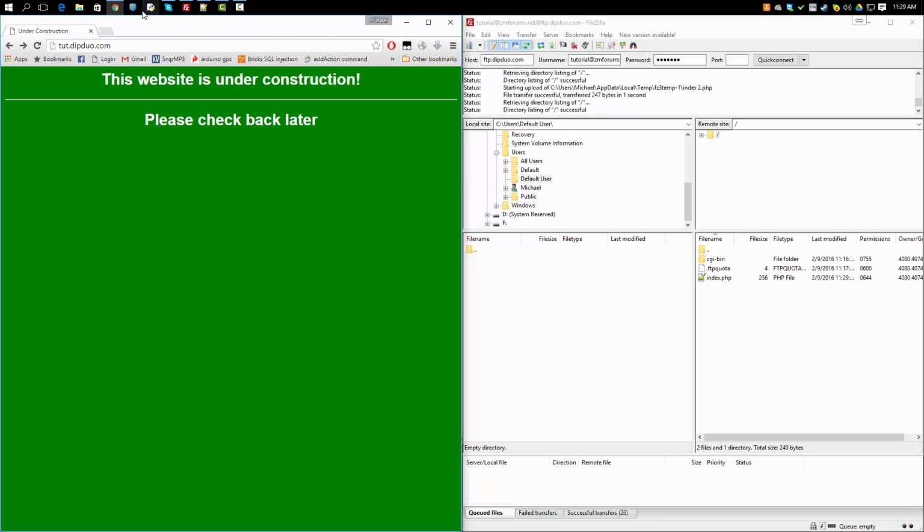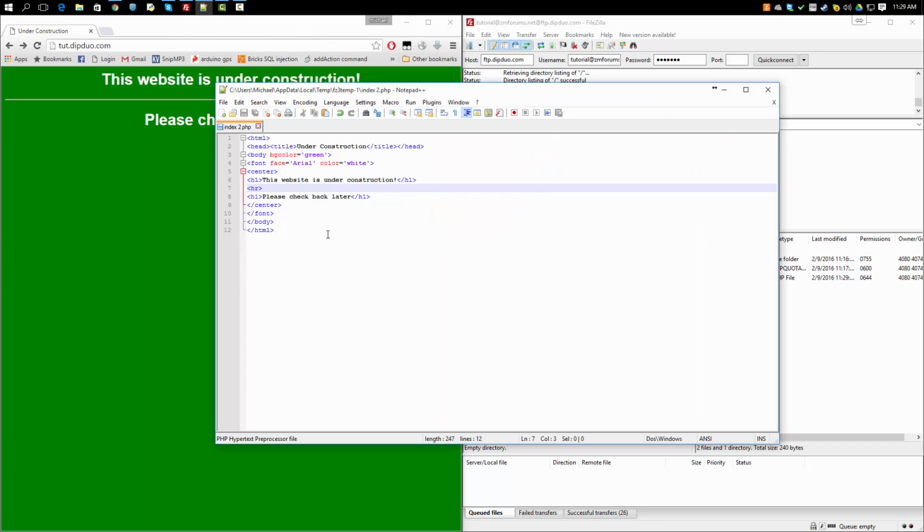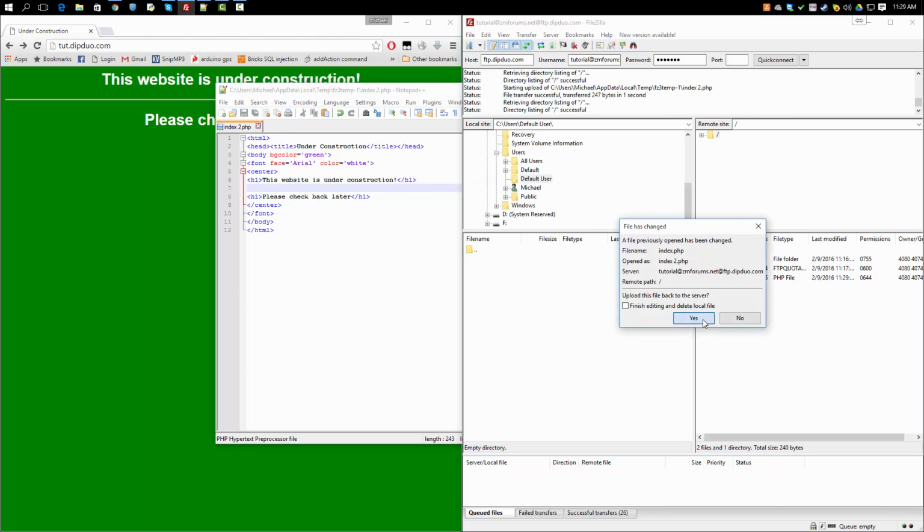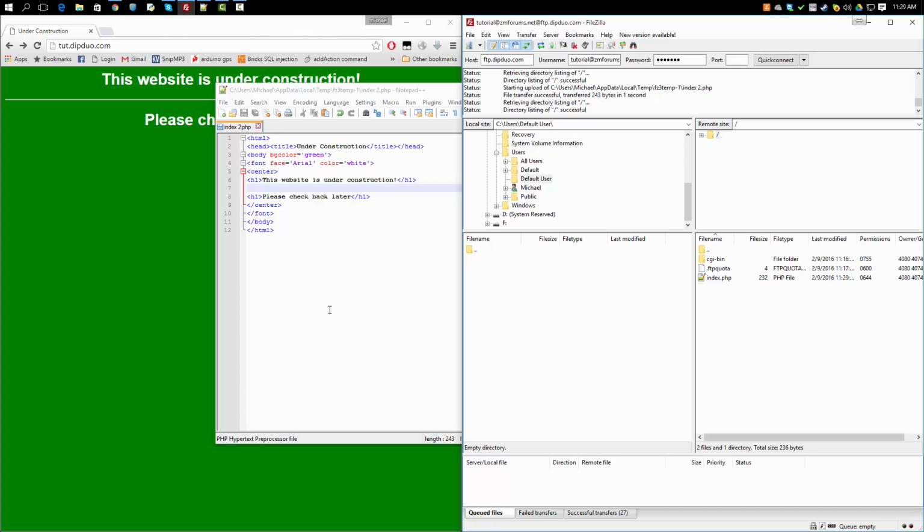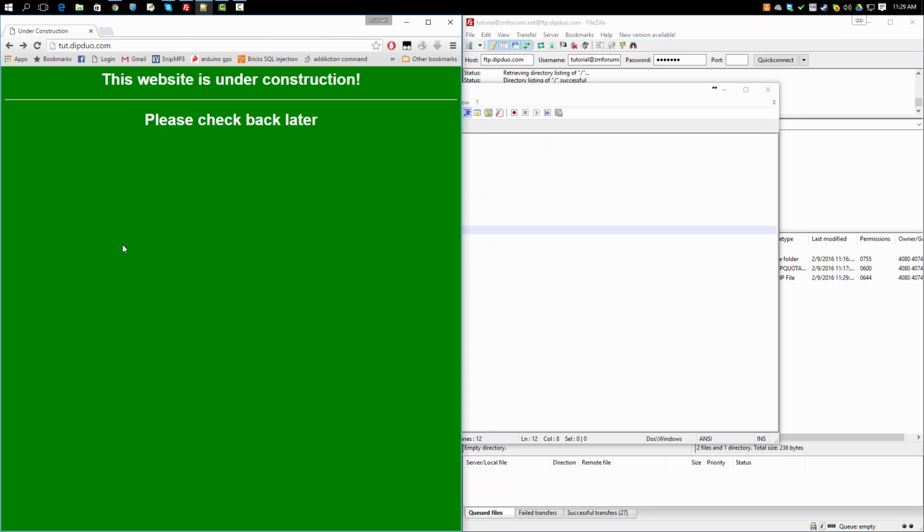Let's say that, okay, this is the last thing I'm going to show y'all. Let's move that and upload this back. Okay, let's say that we want an image, you know, like an under construction image to make the website look all fancy or whatever. All we have to do for that is, let's go to Google,